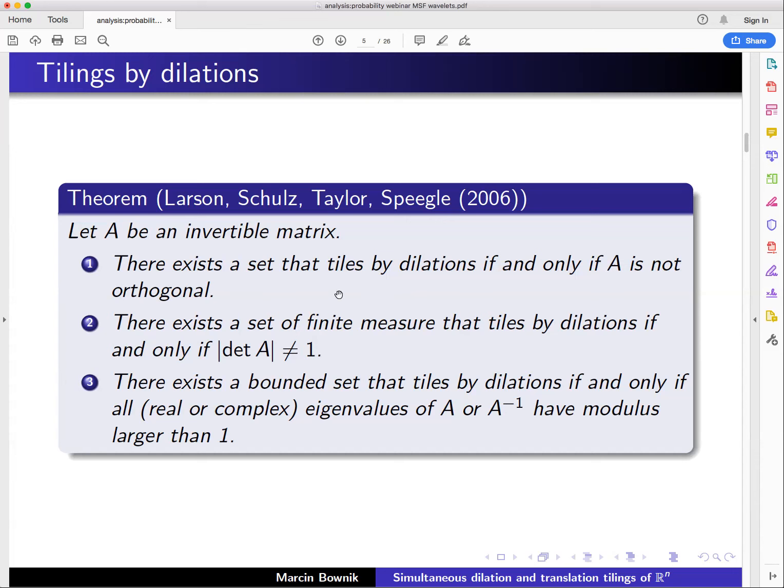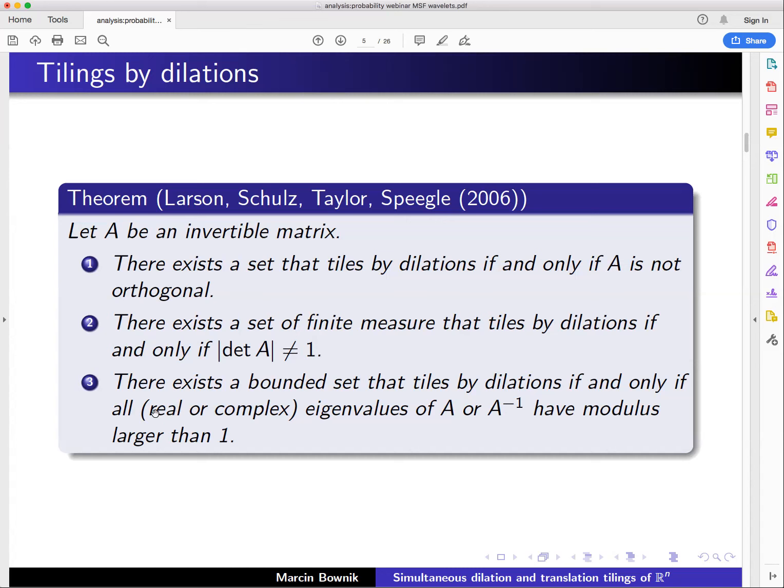Okay, so often we want to have a set of finite measures. So there exists a set of finite measures that tiles by dilations if and only if the determinant of A is not equal to 1 in absolute value. And finally, if you want to have in addition a tiling that's a bounded set,